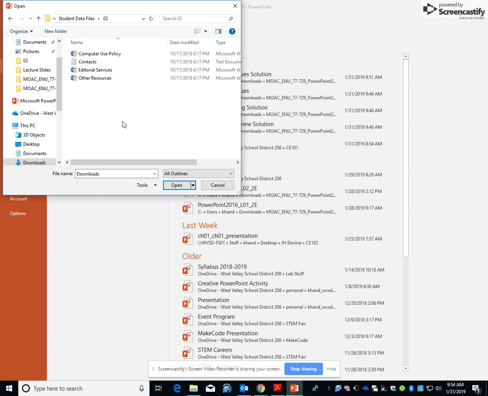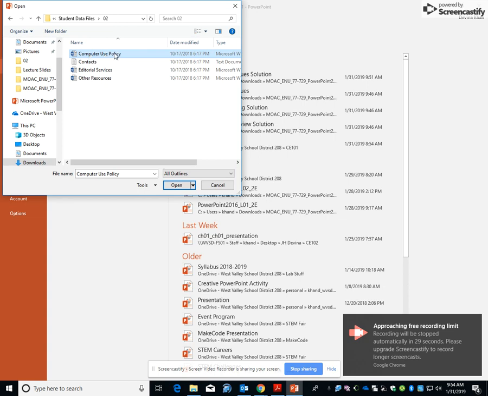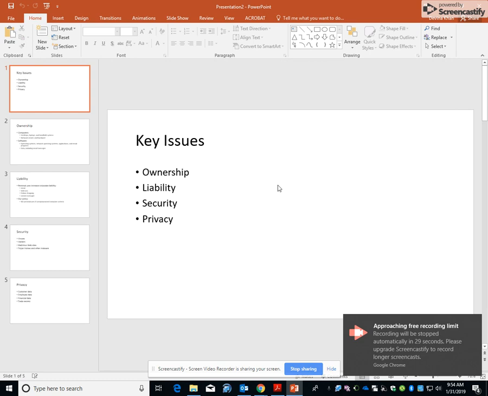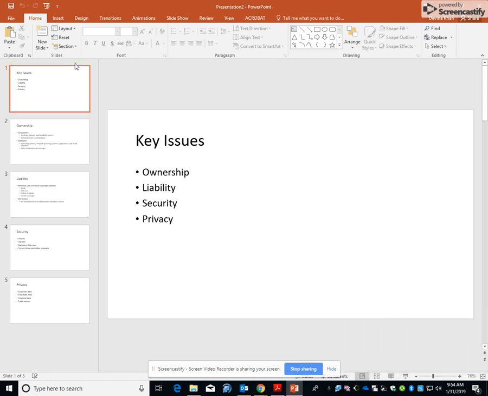Okay, so what are we trying to do here? In the file type list, click All Outlines. Okay, we did that. Step number 6, click Computer Use Policy Document, and open it. All right. Now that we have opened it, what it did is it converted a Word outline into 5 slides. Okay, so that's one way of creating a PowerPoint presentation, by using an outline that was created in another program. So in this case, we basically created it from a Word outline. Another way of doing it is actually